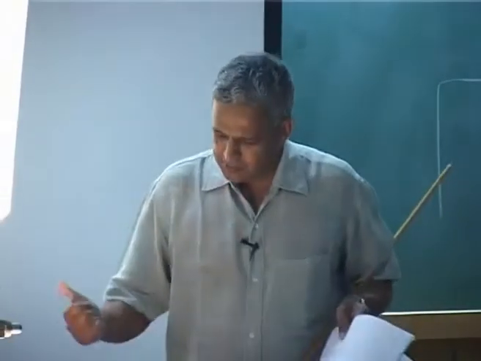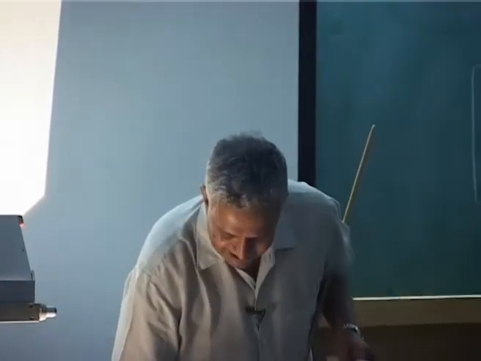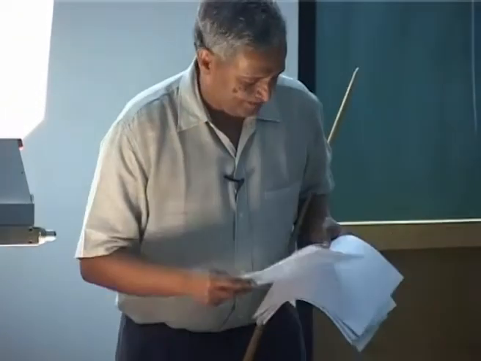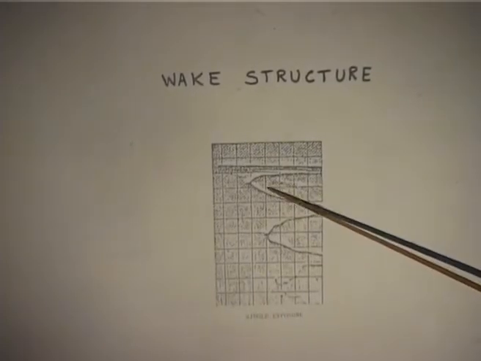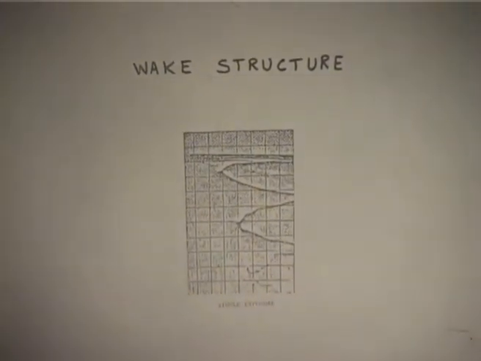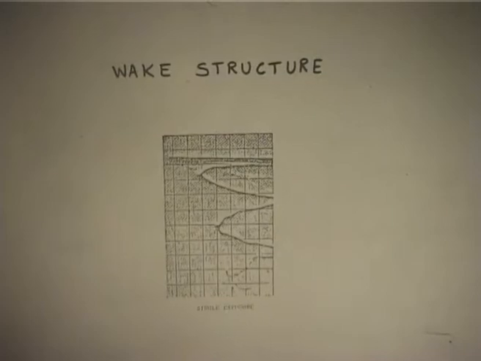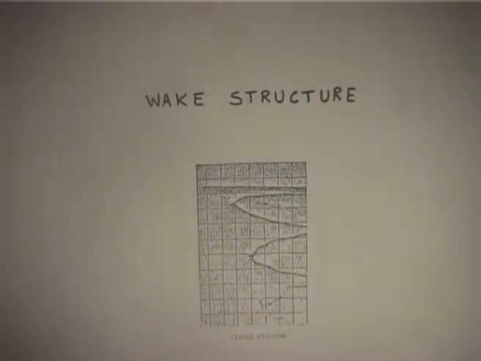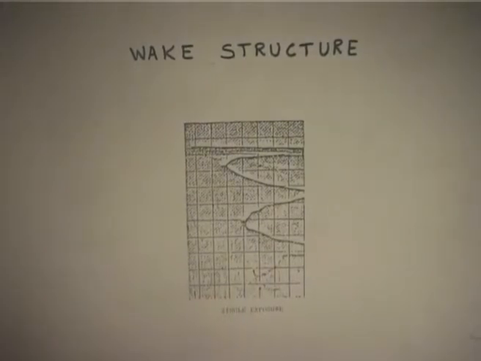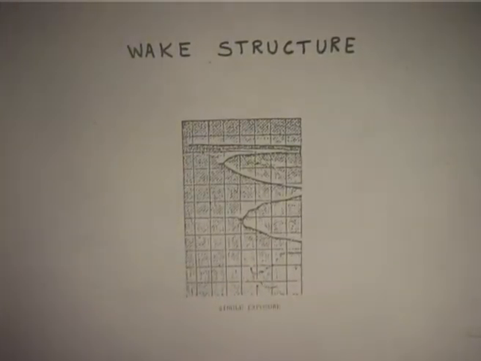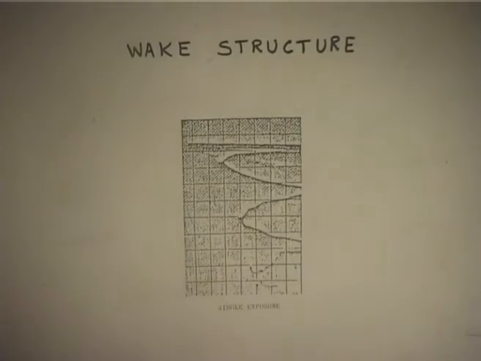Now, there are also some pictures which are actually made in flow. That is how the wake structure looks. This is on a lab. See, this is the blade, how it sheds, and how the wake contracts. These are all flow visualization, I would say. After that, you use a theoretical model. Okay. Now, the same wake structure which I showed here,